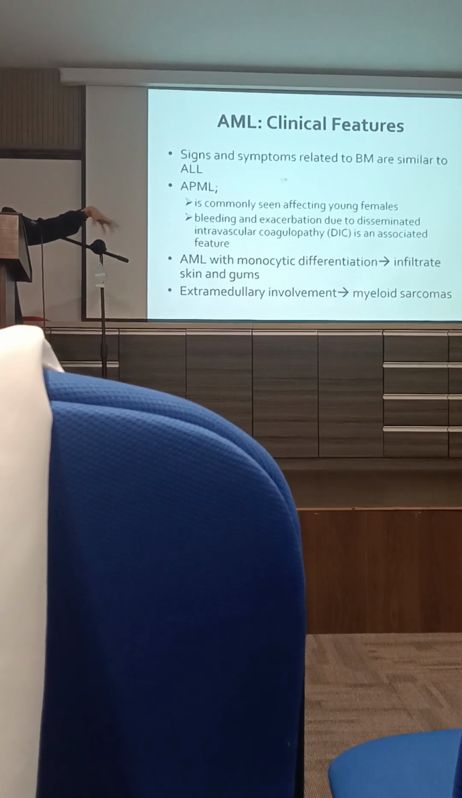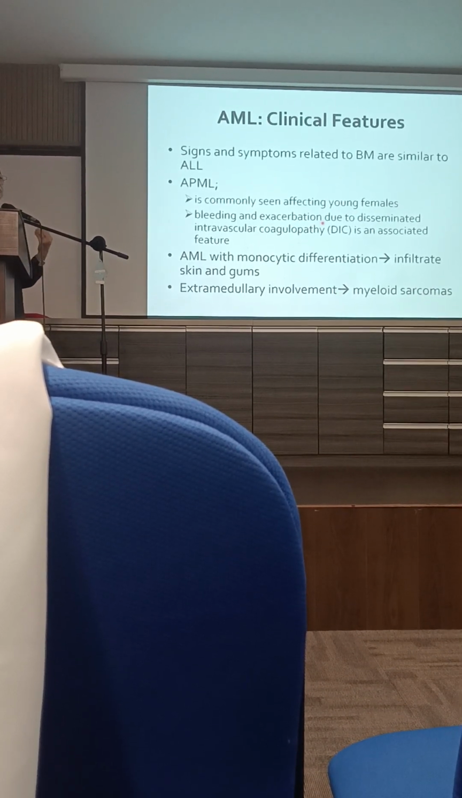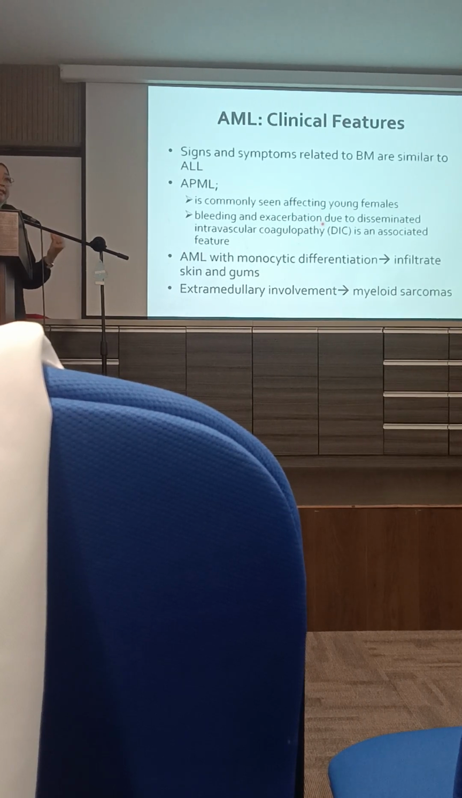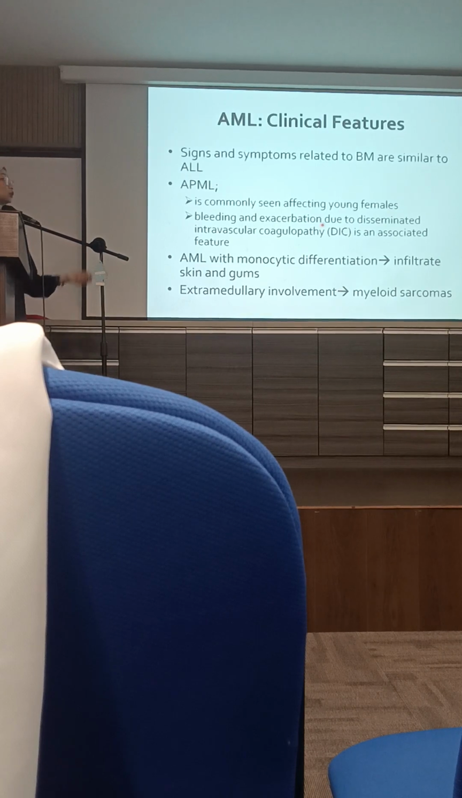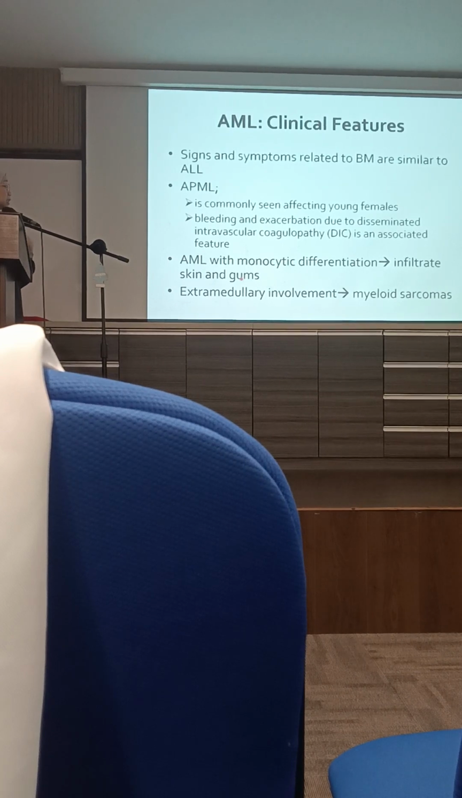So for AML, it's the same, what you would expect to see in any acute leukemias. But for APML, it is commonly seen in young females, and bleeding. Bleeding is an important complication. You do not want to wait for patients to bleed, because when they bleed, it's not just bleeding, they develop what we call disseminated intravascular coagulopathy, which we will go through next week. Okay, right, so